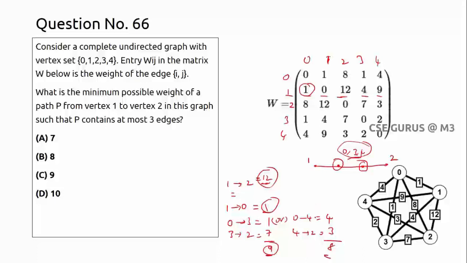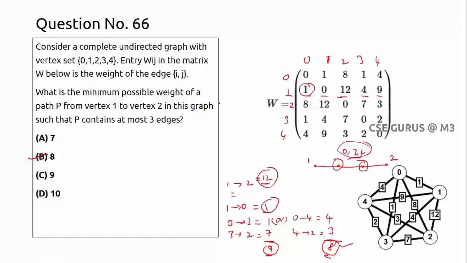So like this we need to check. You may have one more option. I started from 1 to 0. You can go for 1 to 3 also, or 1 to 4, but I cannot. Why? Because it is already 9, so if I take the next one, you will get some more distance. That's why you have to intelligently take the minimum, then go to the next. We got 8 here. So option B is 8. Direct distance is 12. If you go for 1 to 0, 0 to 3, 3 to 2, it is 9, and 1 to 0, 0 to 4, 4 to 2, it is 8.